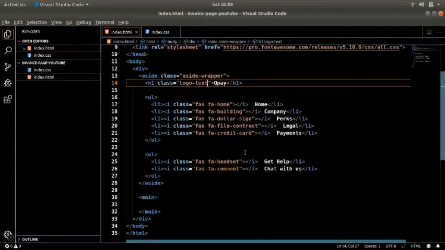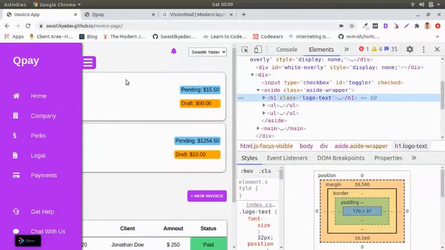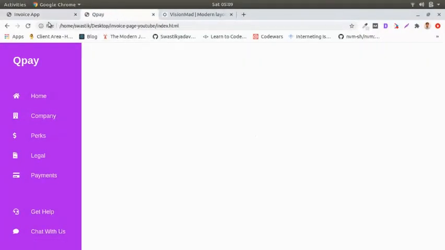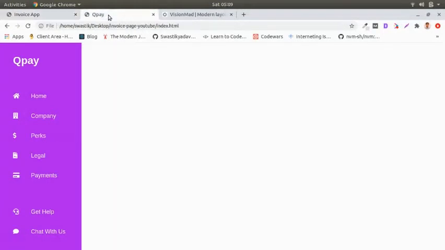That works. Okay, let's go ahead. You see, there is no change at all over here. It's exactly the same, and that is really amazing. So let's go ahead now.